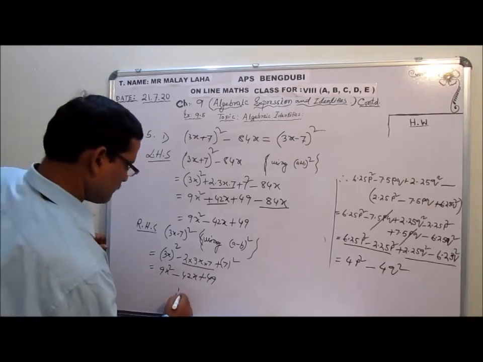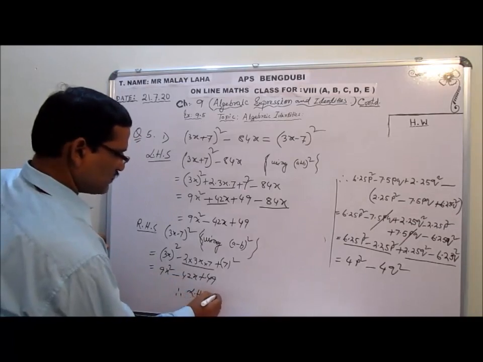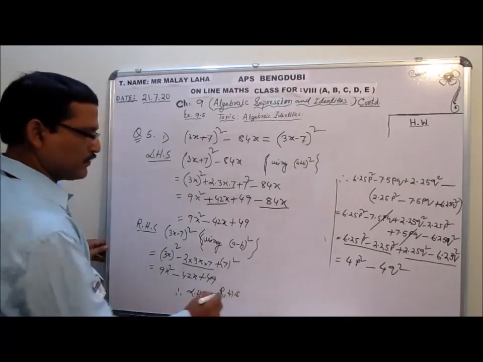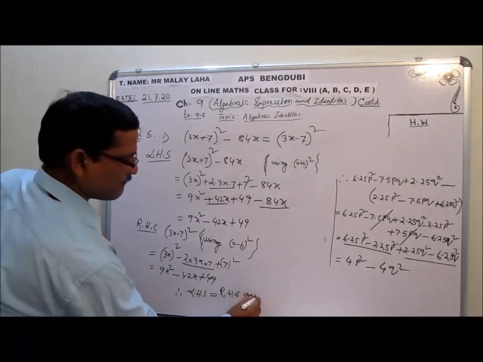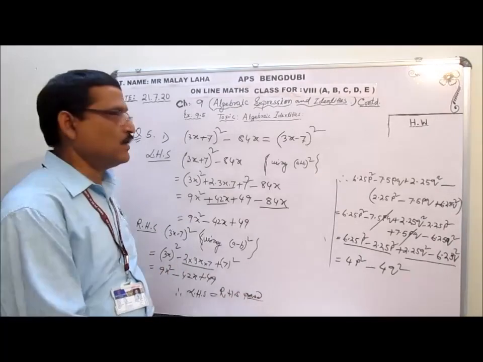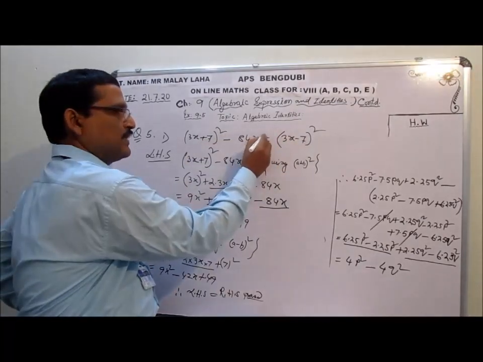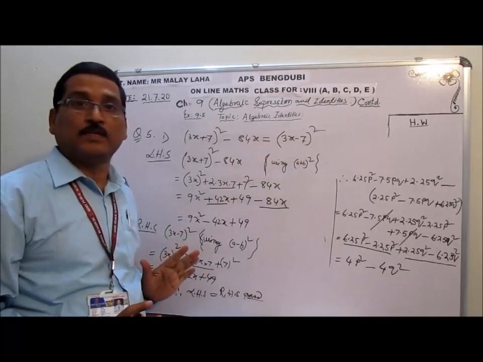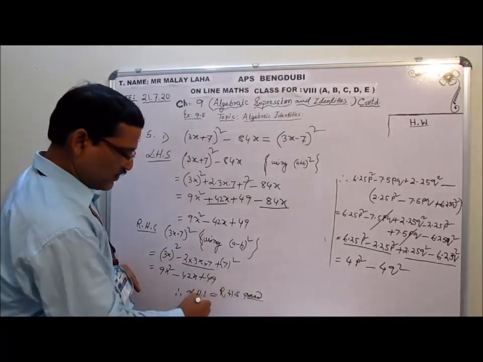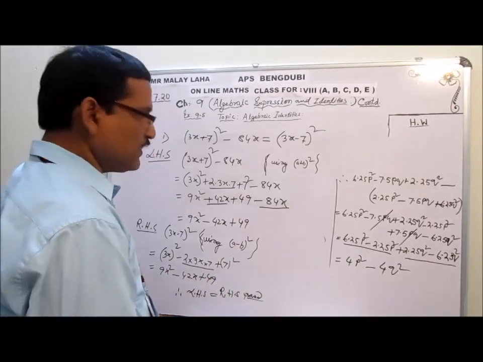That means left hand side LHS equals RHS. Okay, proved. Got it? This is the way to solve this question. I have to solve first this side, then this side. Since an equal to sign is there, both hand side results will come the same. If it is not the same, then you will say LHS not equal to RHS. But the question is designed that way only, it will come.